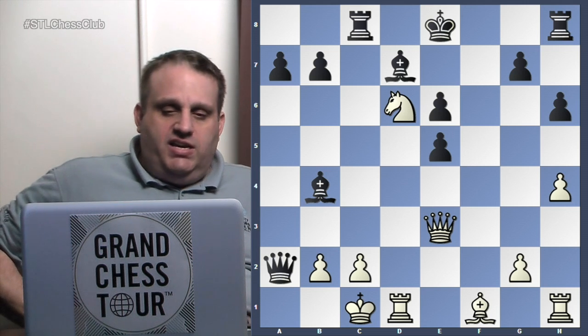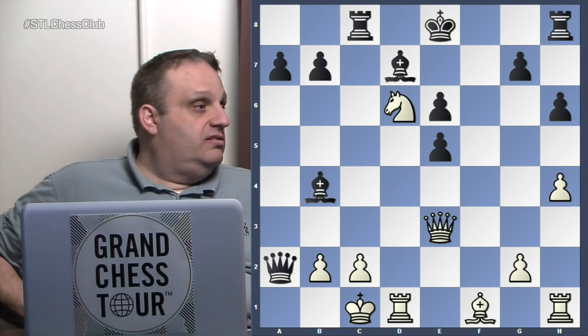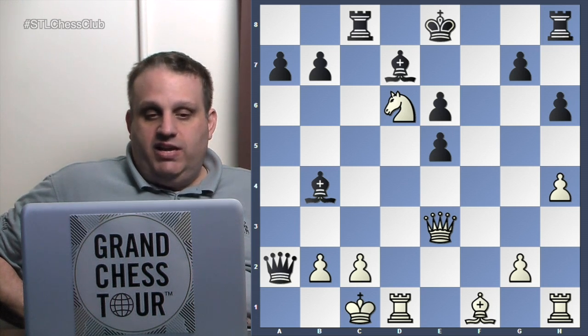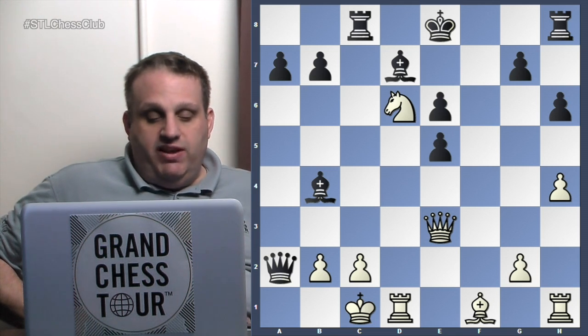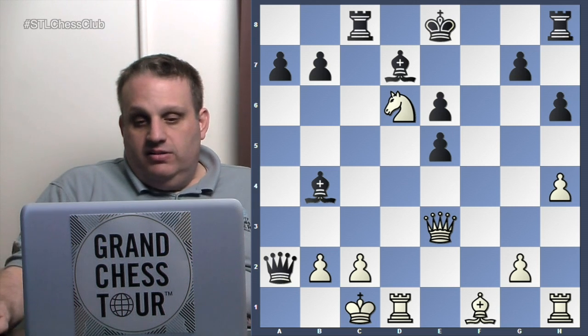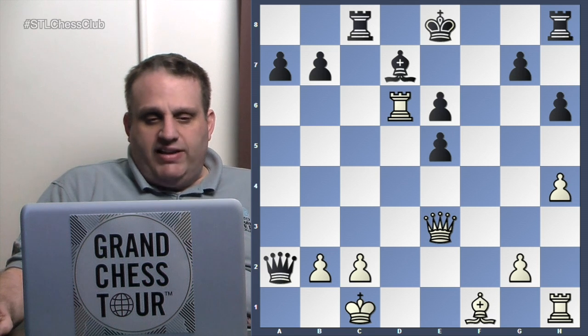If I move my king, I'm threatening queen a1 mate, right? So I guess I'd move my king. Not sure where. King e7, knight takes, rook takes. I'd probably play king e7 because that queen a1 mate looks pretty good. Okay, she took, which looks okay also. So black's up 2 pawns,